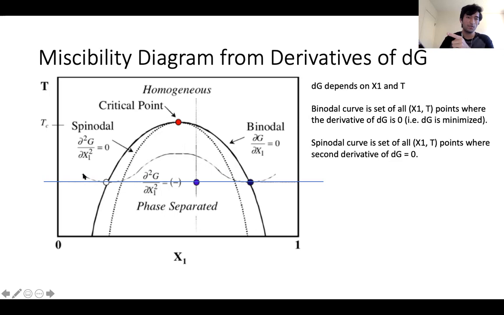In lecture, it was also mentioned that the region between the binodal and the spinodal refers to this metastable region. The only comment I want to make there is that because the spinodal is the line for which the second derivative is equal to 0, the main interpretation is this: if you think about calculus, calculating the second derivative is usually for finding an inflection point, which is when the graph goes from concave up to concave down. And I think the point that Professor Groves was trying to make in lecture is that if you have a